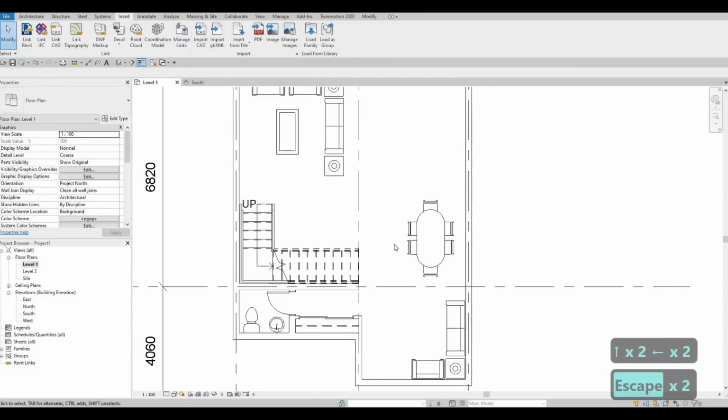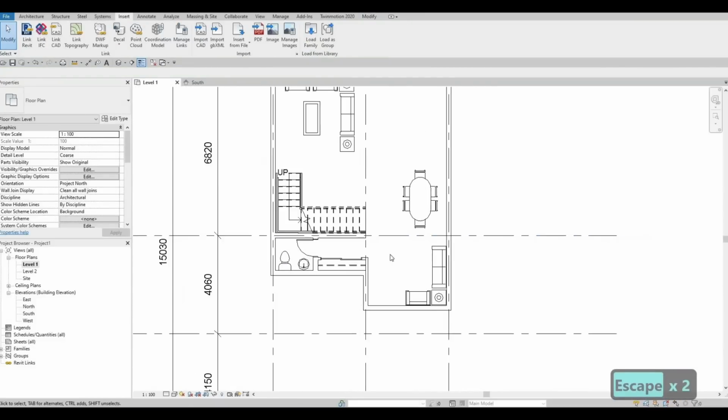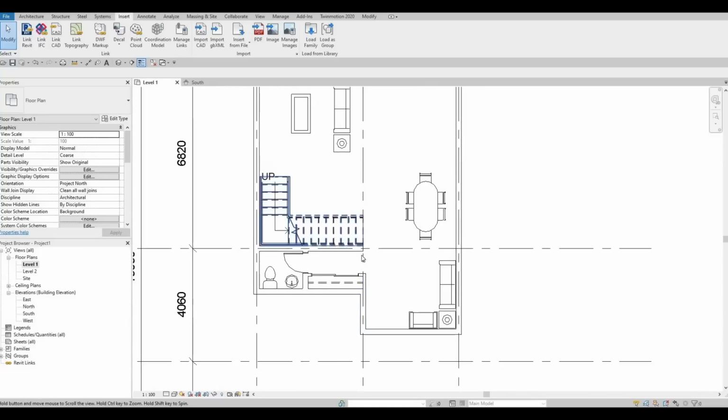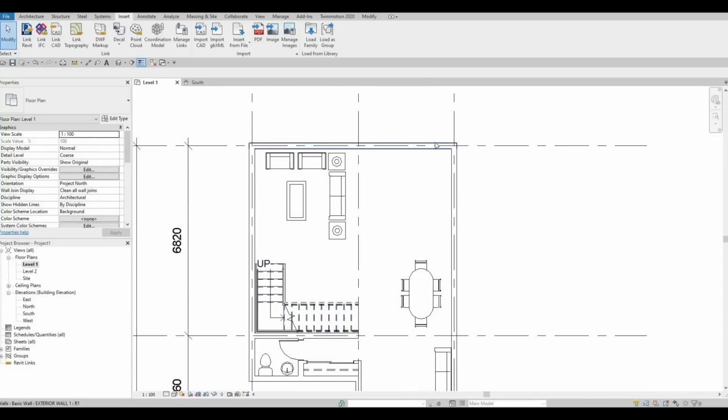Okay, and then we could actually put, no, I think this is better for the entrance right here. And then we will have this big window right here, and then we will have